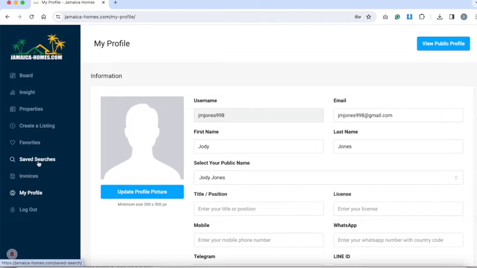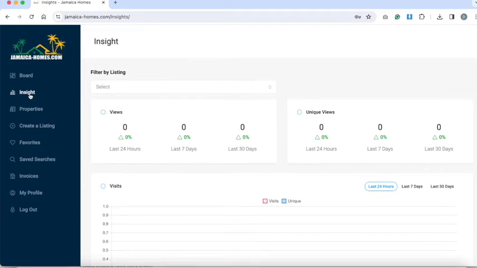Saved searches applies to any persons that have registered who have saved favorite properties on our systems and searches, etc. Above that you've got your create a listing button. Above create a listing button, you've got your properties button that shows all the properties you've got registered. In this case, there's none on this account. Above that is your insights button. It shows all the insights for properties that you've had registered,